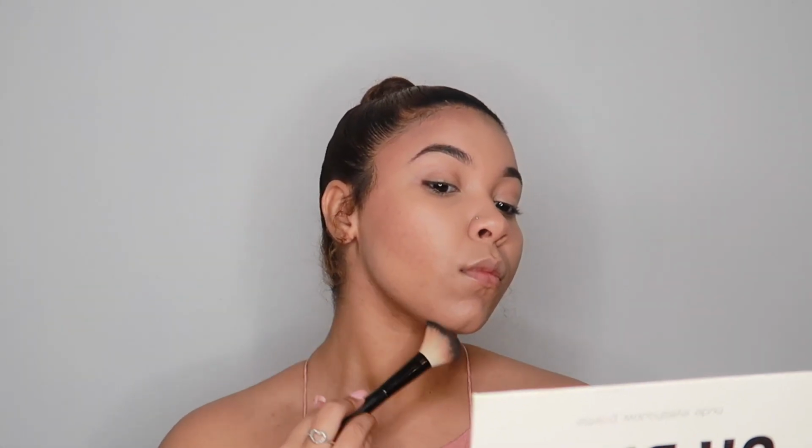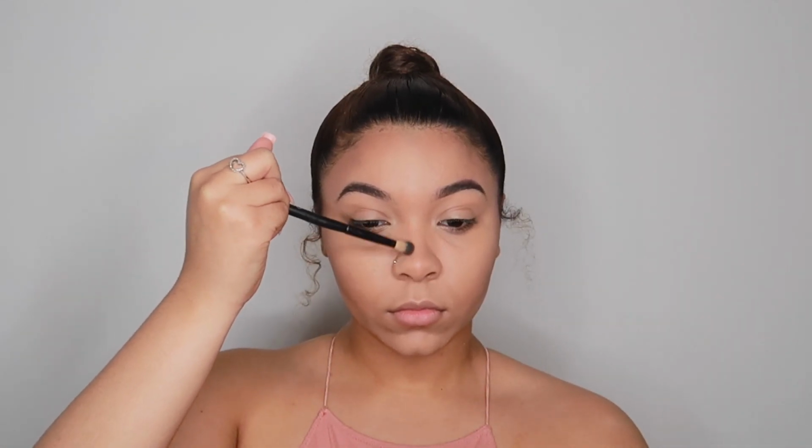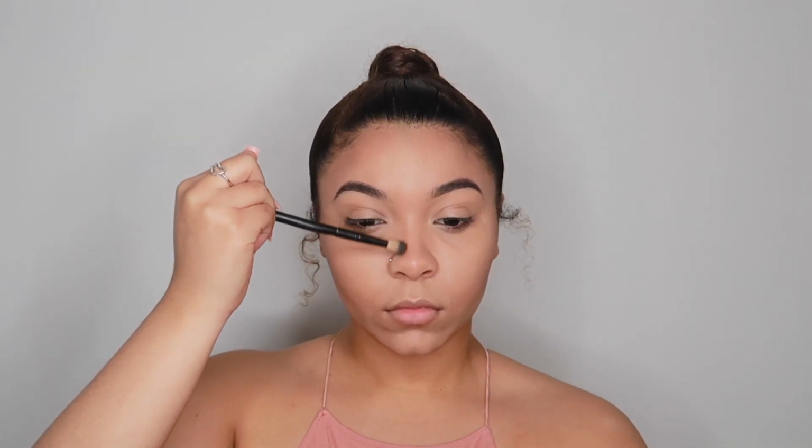If you want your jawline to really pop, make sure you contour, okay? This is a trick that I use, and you can already tell my jawline already looks snatched. And now to contour the nose, I'm just going to be taking the same contour palette,